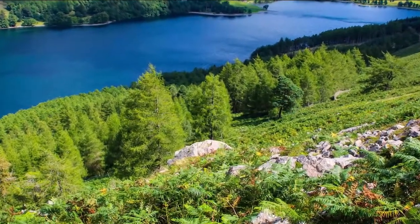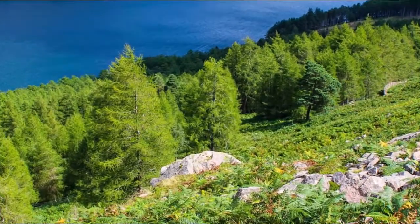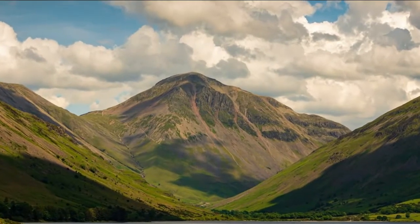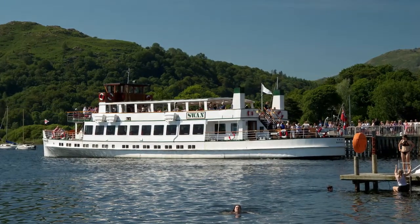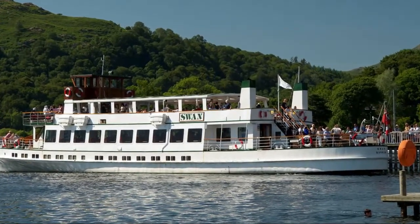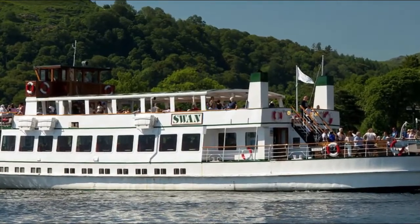The Lake District is among the most beautiful national parks, famous for its epic landscapes. It is a mountainous region in northwest England, renowned for its lakes, forests, and mountains as a popular holiday destination. The Lake District is the UK's most visited national park, with 16.4 million visitors annually. It was declared a national park in May 1951 and awarded the status of World Heritage Site in